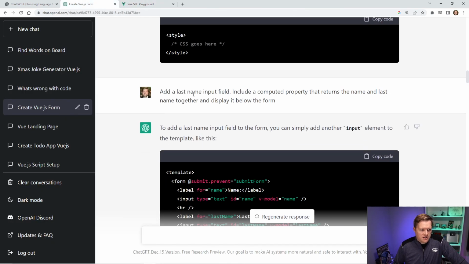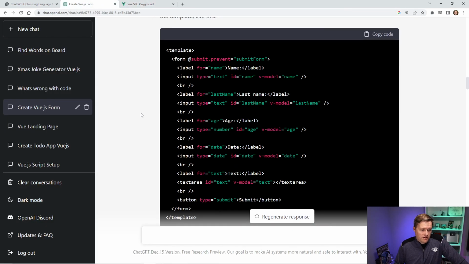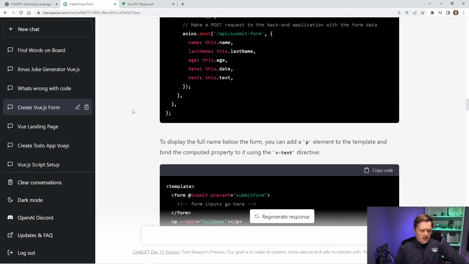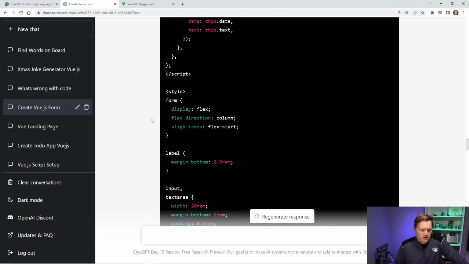You know, this is definitely subjective. People maybe say this is still pretty ugly, but it looks a little bit better than it did before. And I played around with it a little bit more, and how do you put this all in a single file component? I'm going to show one thing.